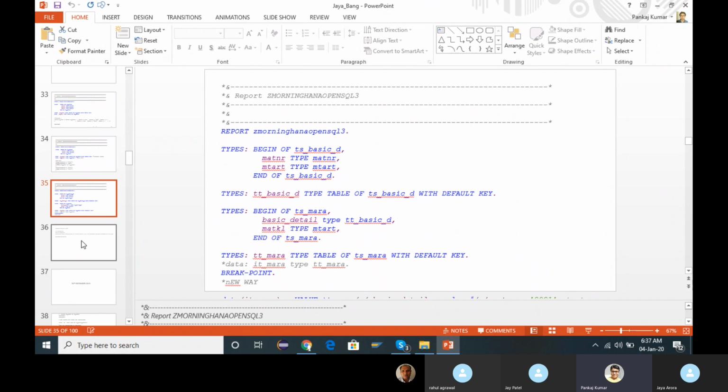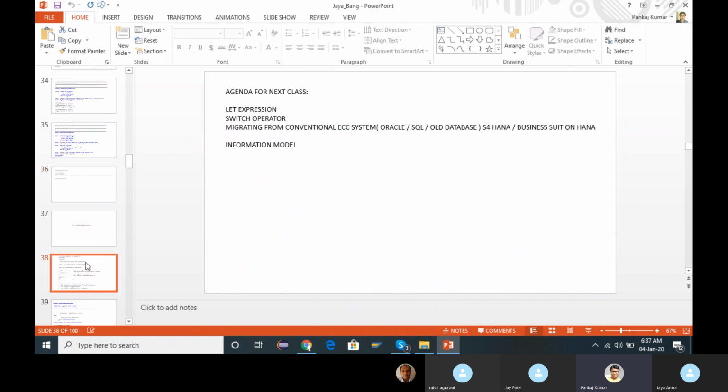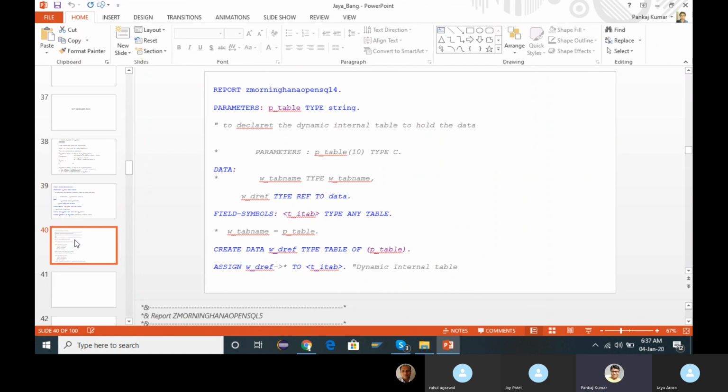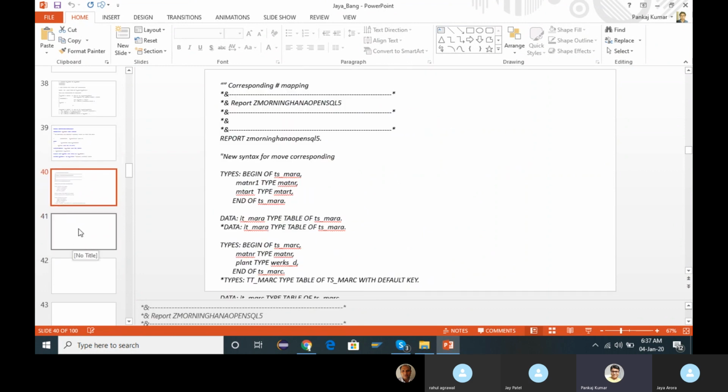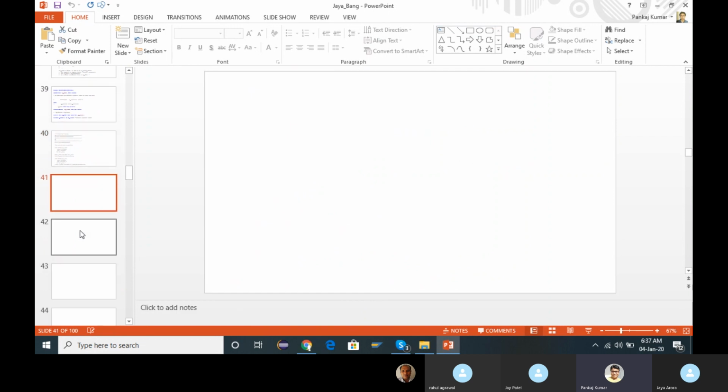Each and every syntax we have discussed in more detail. Almost all the important syntaxes are covered, and we were able to complete it effectively and nicely.